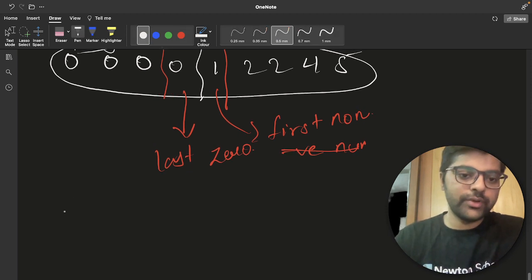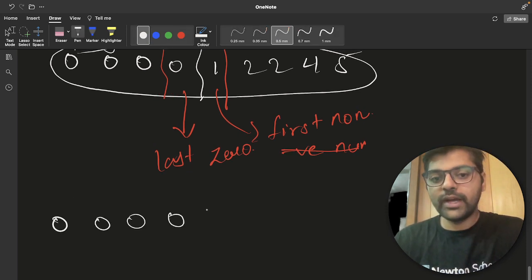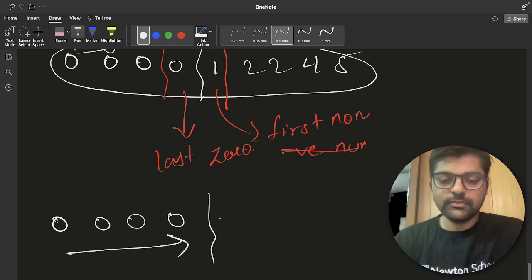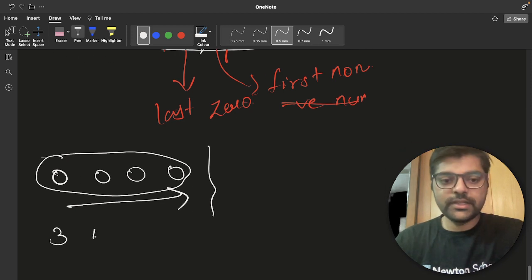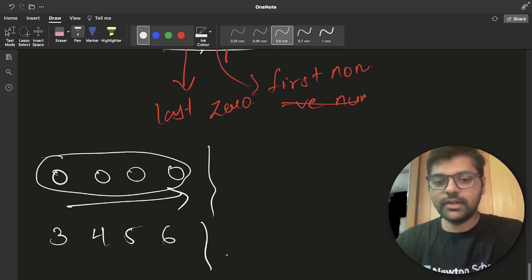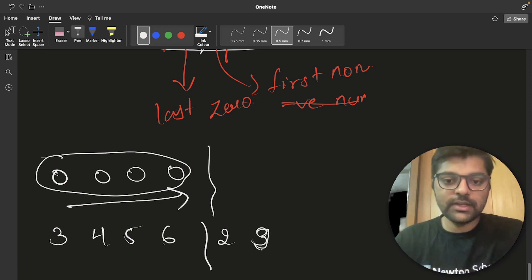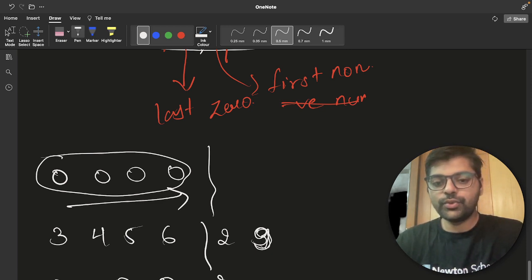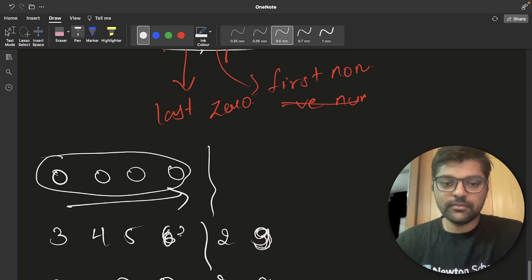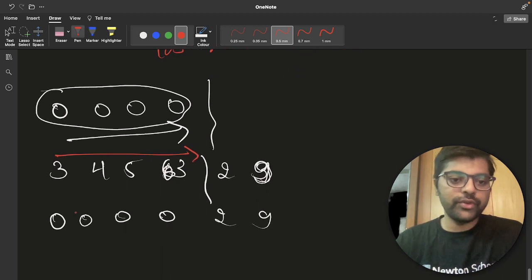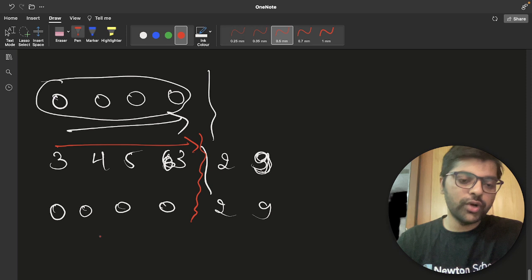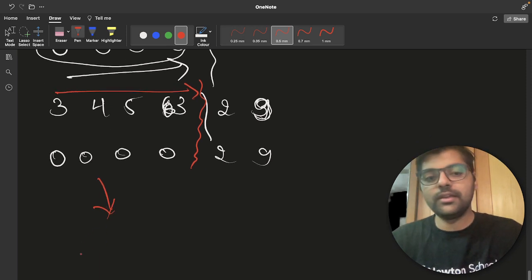So let's say that our final answer is, let's say we have made 3, 4, 5 and 6 as 0, and there is 2 and 9, let's say. So if you know that in our final sequence this will occur, 0, 0, 0, 2, 9, or let's say here it is 3, then if you know that we have made all of those 0, the number of unique elements present in this is what we'll have to output, right?